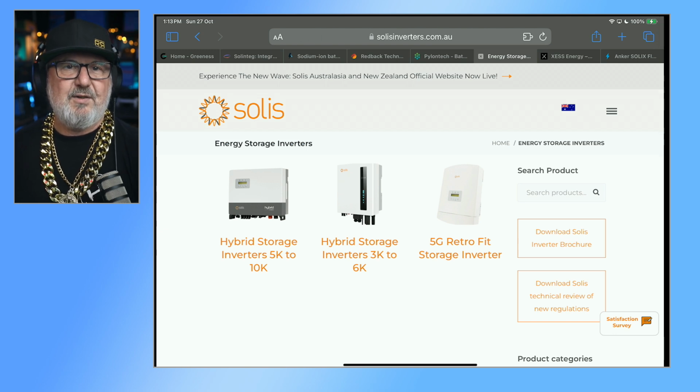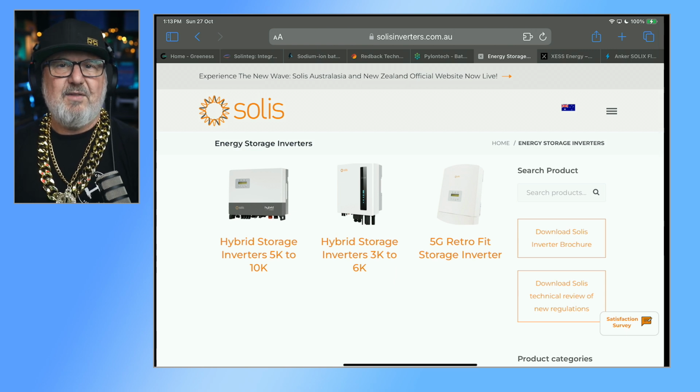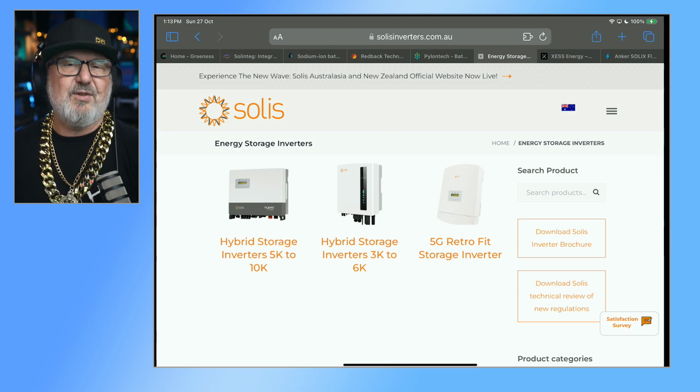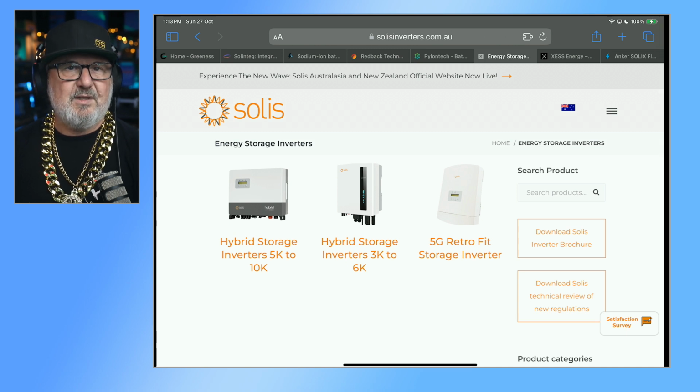The unit that I've got here in the lab has a screen, one of the beautiful big Solis screens. But I believe they're actually debating whether to bring the screen or the screenless version out first in Australia. So they may come out with the screenless version first and then bring out the screen version if it's in demand. Now, this is one of those debates between engineers, manufacturers, and end users and installers, because, as an installer, I love a screen. It's great for checking and monitoring the system without having to get an app out. Customers like screens generally because it's easy to review the operation of the system without having to have a phone